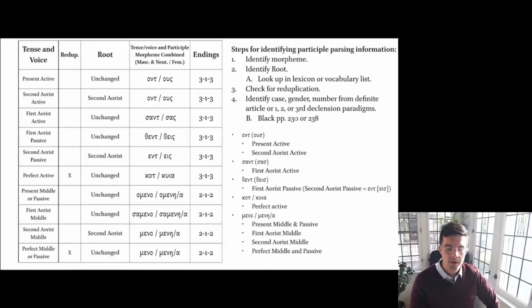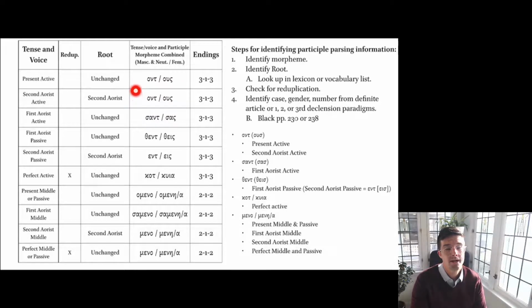When you want to identify the parsing information for a participle, look to the morpheme, as I said, this column here, and identify which one it is. Some of these are, of course, going to overlap. Once you have identified which one it is, if there is no overlap, you're going to already know what tense and voice you have, and you can jump down to identifying the case, gender, and number in number 4. If you find that the tense and voice participle morpheme combination covers more than one